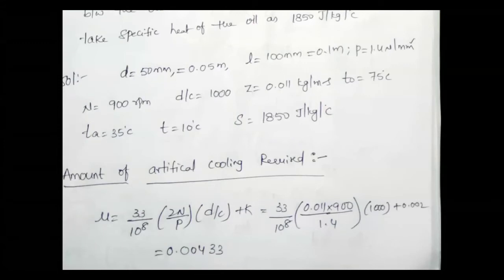Still, many of them are not bringing their data books, I hope. I already told you that it is very, very difficult for you if you are not maintaining a data book, because it is allowed in your examination to look at the data book only. For the K value, I already told you that the side leakage value you can remember. If it is available in the data book, please put in that value. Otherwise, the side leakage parameter is 0.002. In some textbooks they are not considering the value, but some textbooks mention it. No problem, you can consider 0.002. There is almost no change in the performance of your bearing.